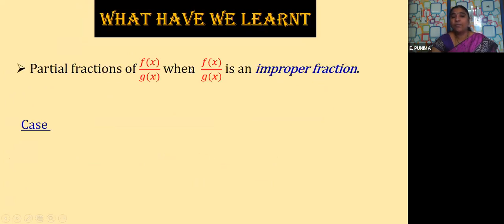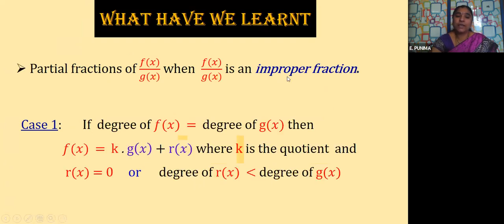Partial fractions of f of x by g of x when it is an improper fraction. What is our case 1? If the degree of f of x is equal to the degree of g of x, then what is the form we get? We get the quotient as a constant. Clear, children? So here the quotient is a constant, and the remainder will be either 0,